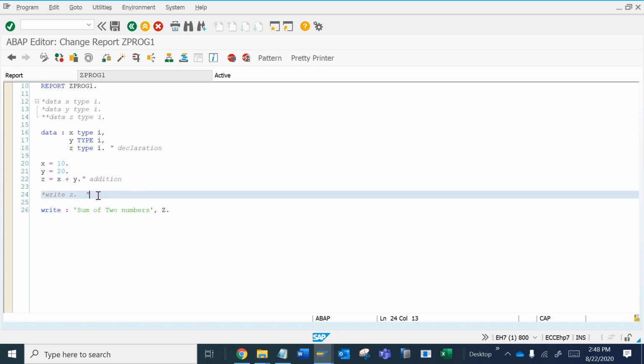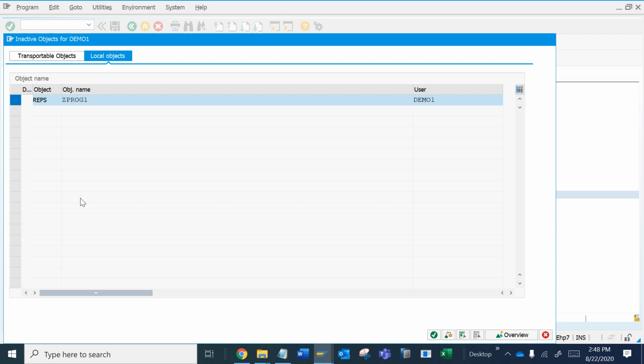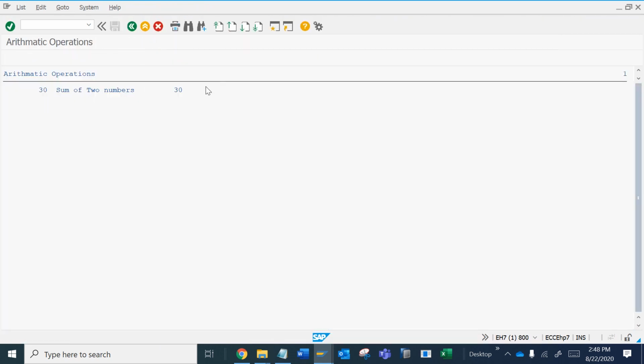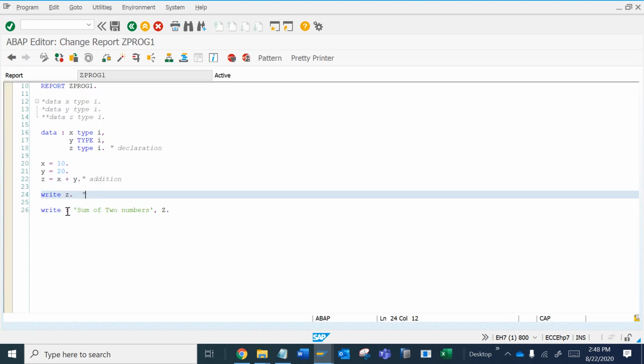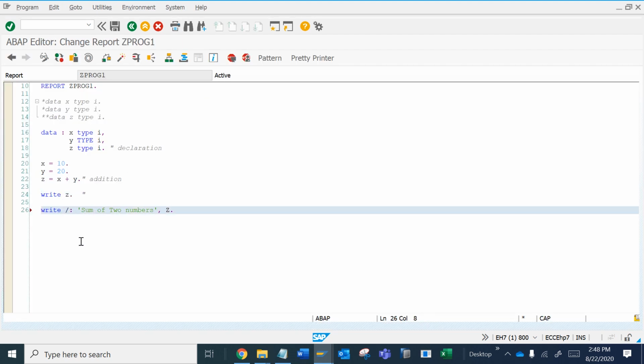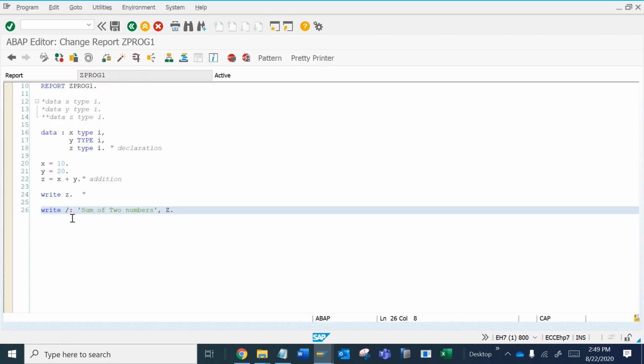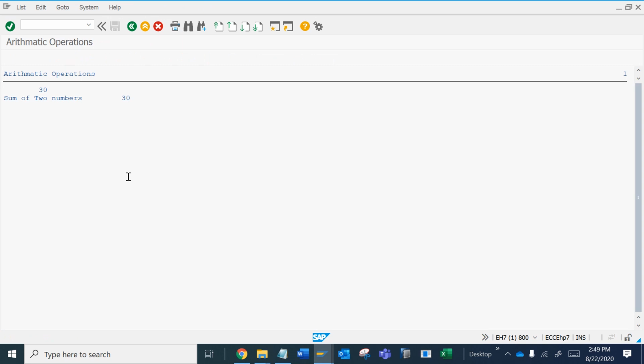Now suppose I want to, let me check this. As you can see, it is coming in the same line. Now let's suppose I want to declare it on the next line. As I told you in my last class, we have to declare slash here to see. As I declared after this, I have to use it here. See, it is coming in the next line.